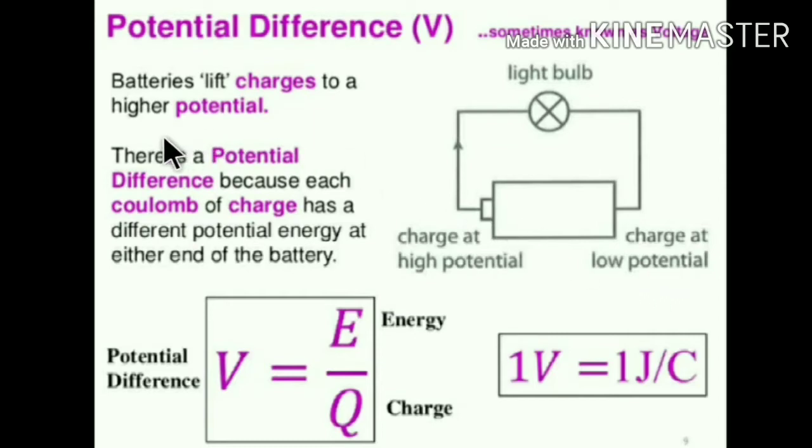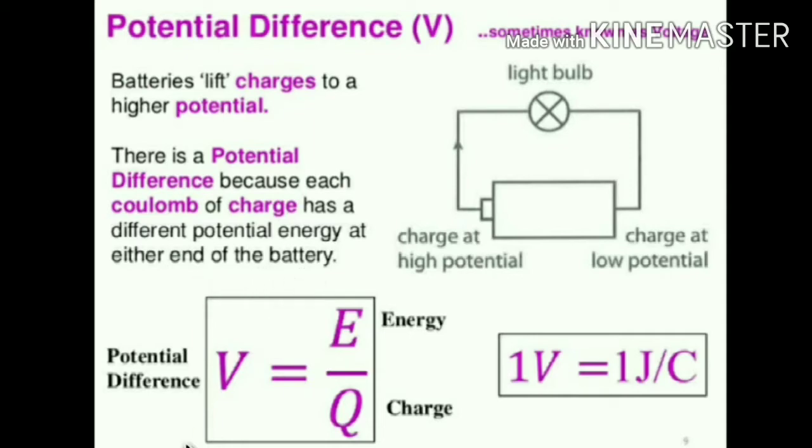Hence the batteries charge to the higher potential, and there is a potential difference because each coulomb of charge has a different potential energy at either end of the